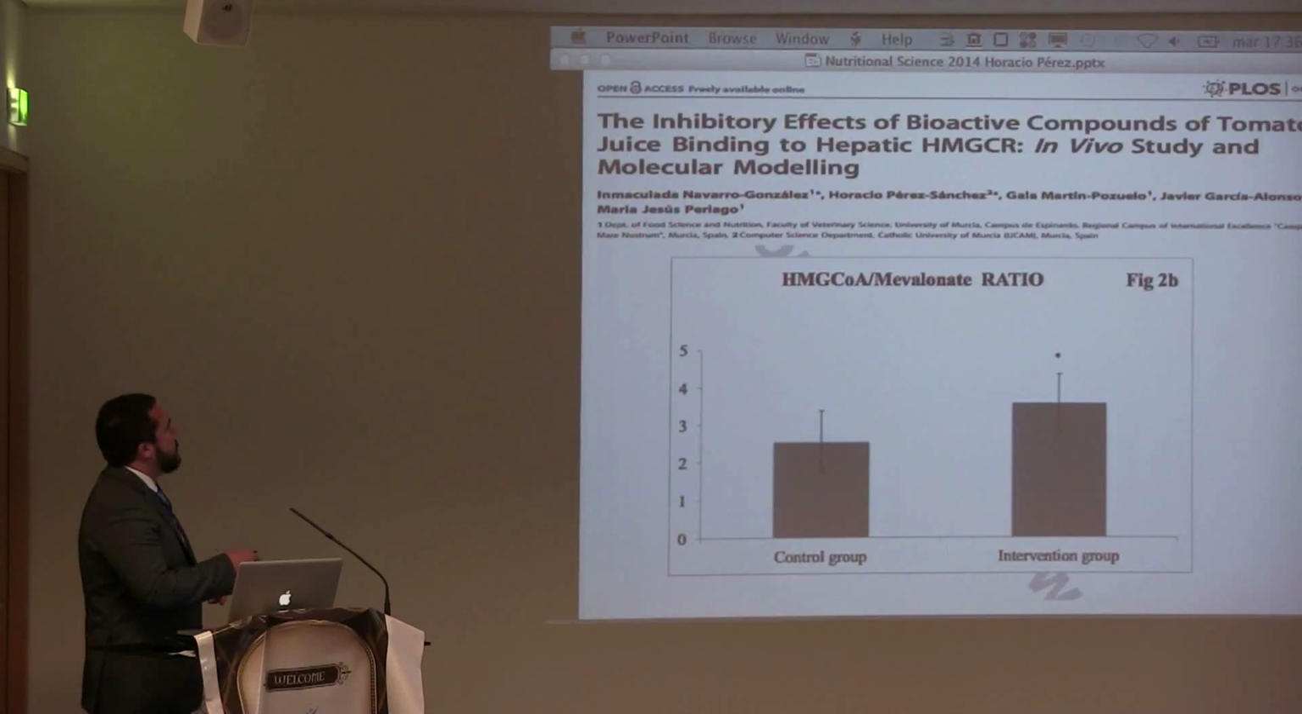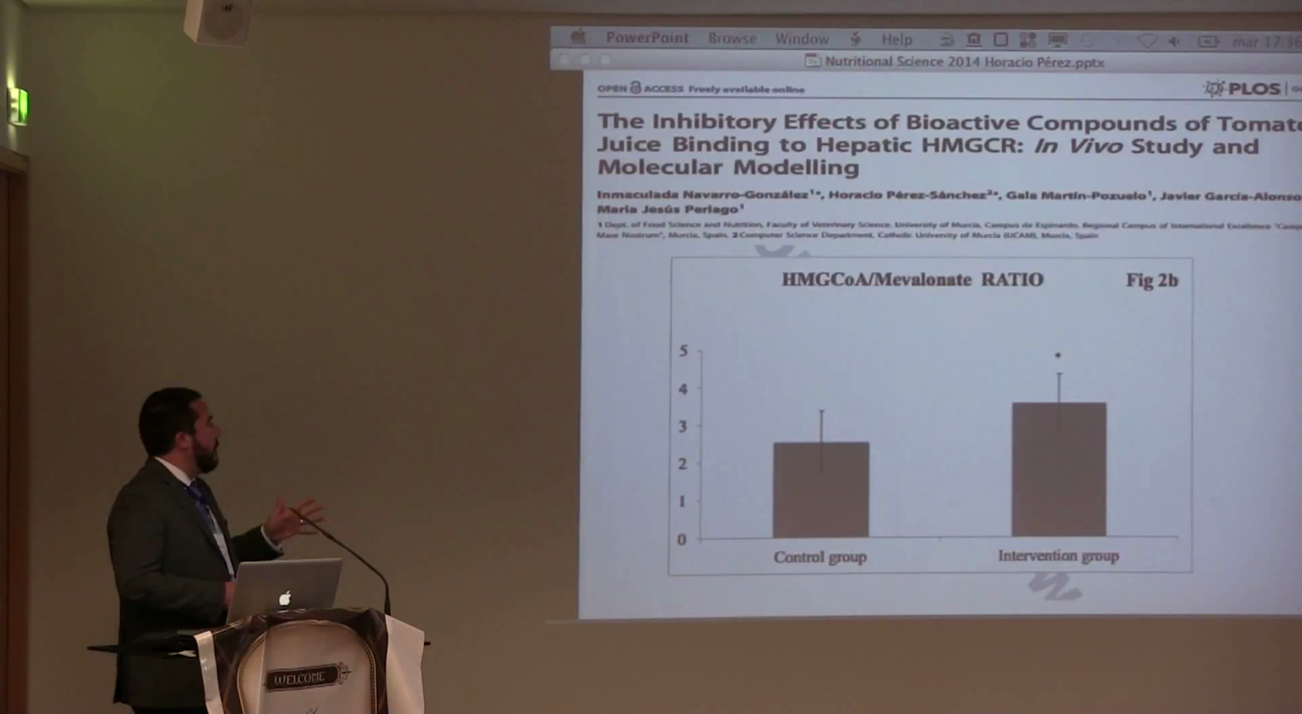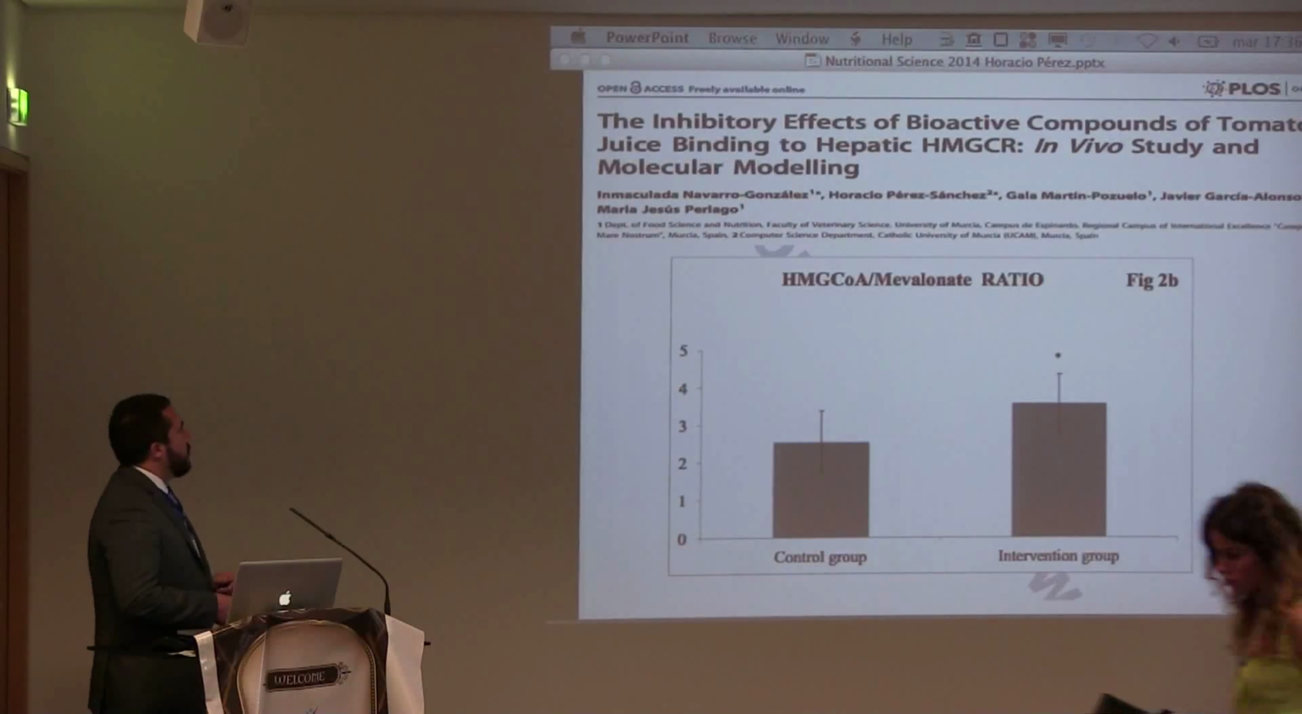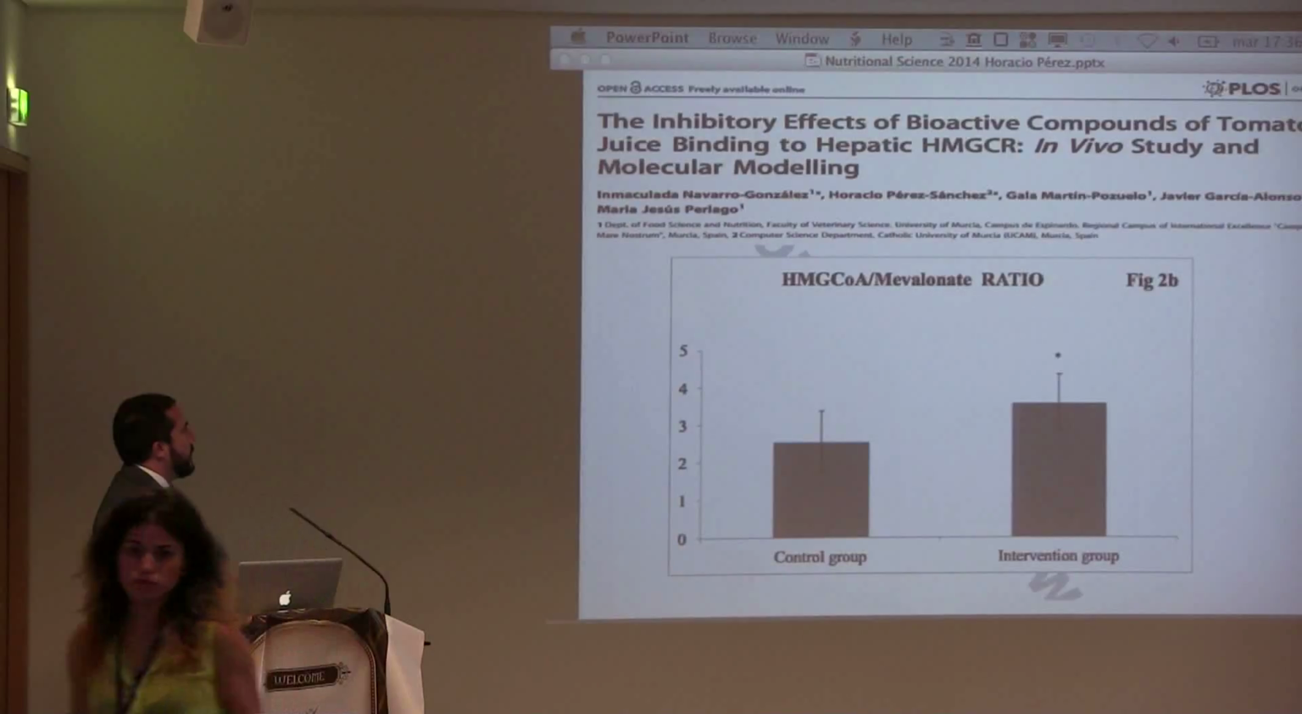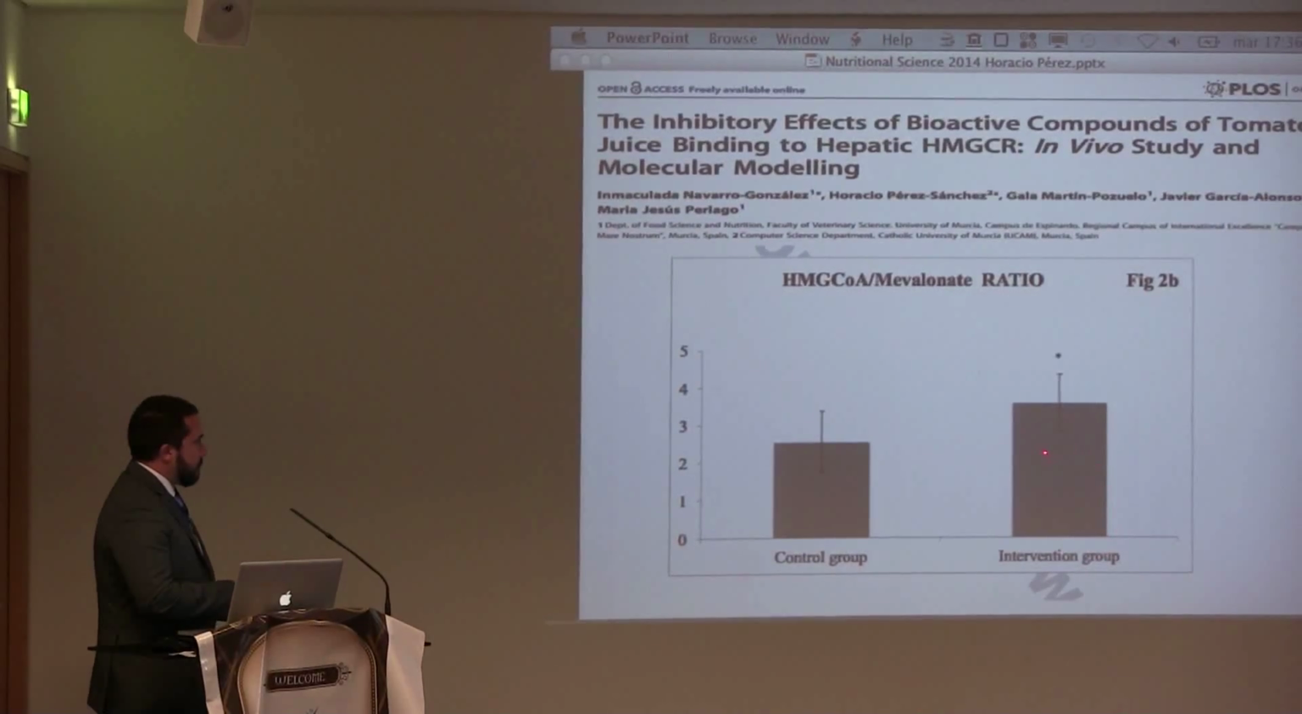You can get here all experimental details about the study. So some rats were fed. There was a control group with normal food, and then an intervention group with a lot of tomato. Okay. So the final result, the main result of the study was that the intervention group contained